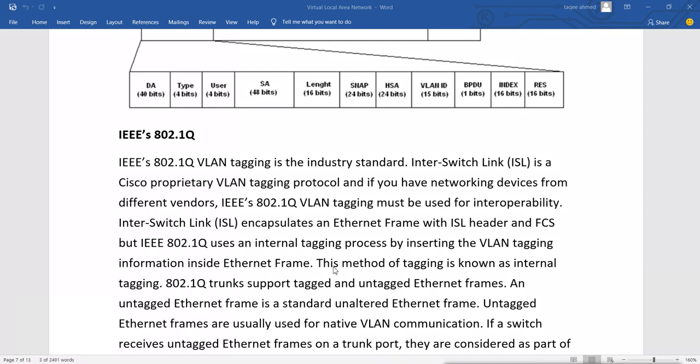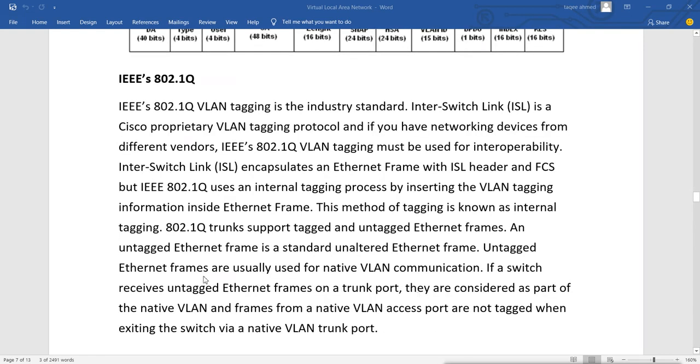This method of tagging is known as internal tagging. So this 802.1Q trunk supports tagged and untagged Ethernet frames. An untagged Ethernet frame is a standard Ethernet frame, and untagged frames are usually used for native VLAN communication, which is our default VLAN 1.